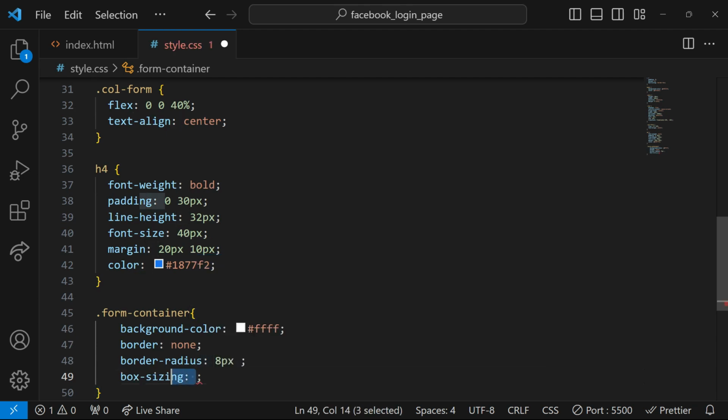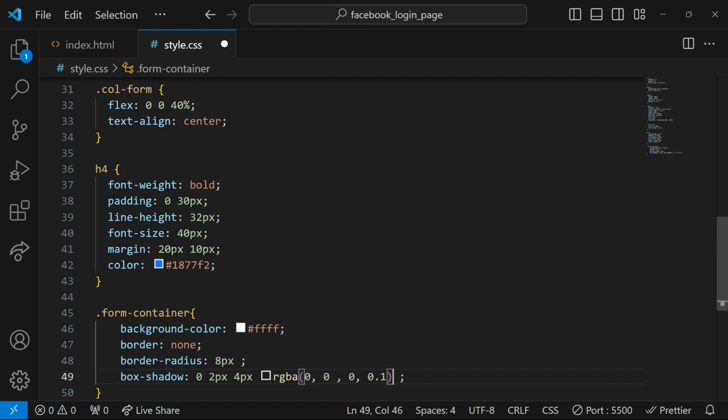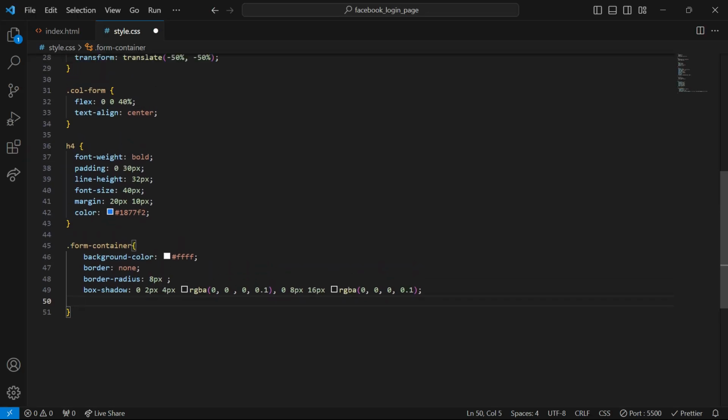I'm going to add a shadow to this element. So I'll make it 0, 2 pixels, 4 pixels, RGBA 0, 0, 0, pixels, 16 pixels, 0, 0, 0.1. So now that I've added a shadow to this form container, the next thing I'm going to do is